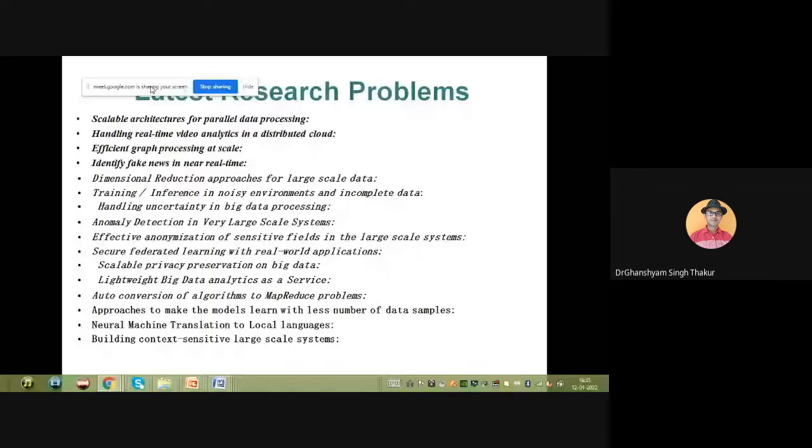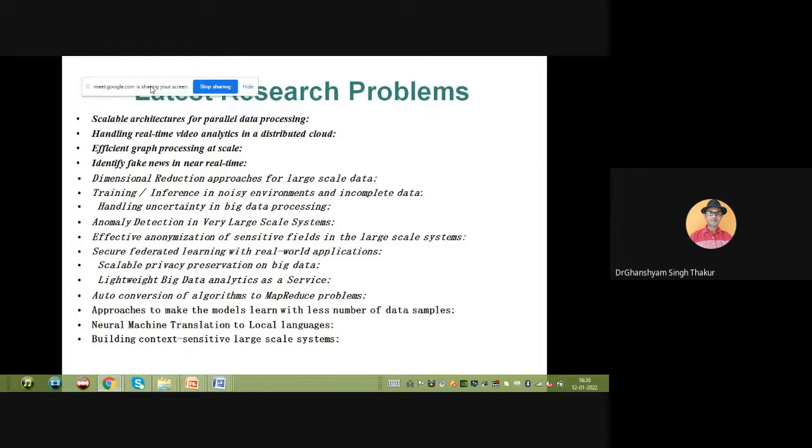These are some research issues: handling real-time video analytics and distributed cloud, efficient graph processing at scale, identifying fake news in near real time, and dimension reduction approaches for large-scale data, and inference in noisy environment and incomplete data, handling uncertainty in big data processing, anomaly detection in very large scale systems, effective and sensitive fields of large scale systems, secured federated learning in real world applications, scalable privacy